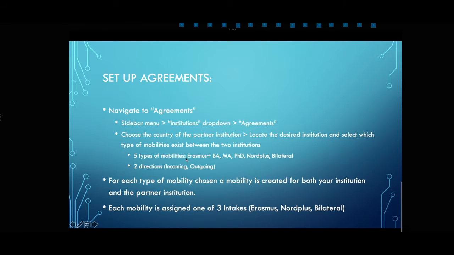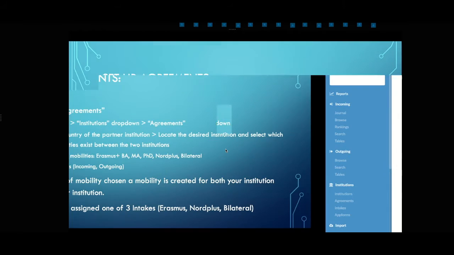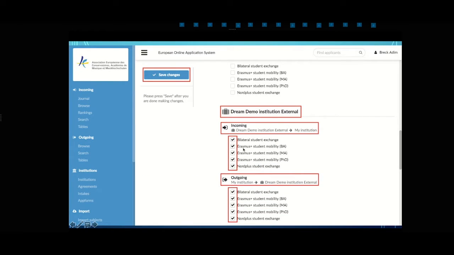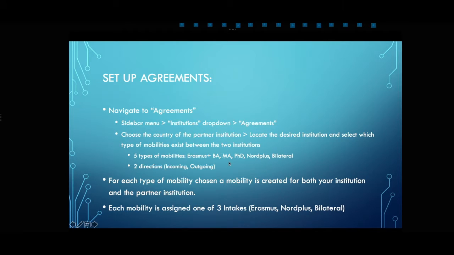Then there are 5 types of mobilities. There are 5 incoming and 5 outgoing. And so you just come here and you choose which ones are a part of your agreement with your partner, and then you click save. And instantaneously, there are programs automatically created, and there are intakes that are associated with those,